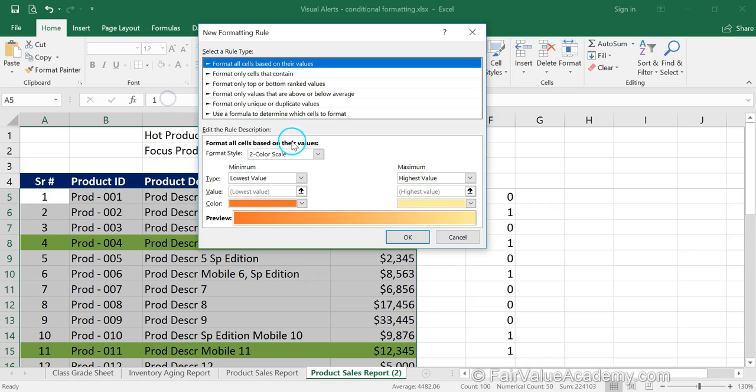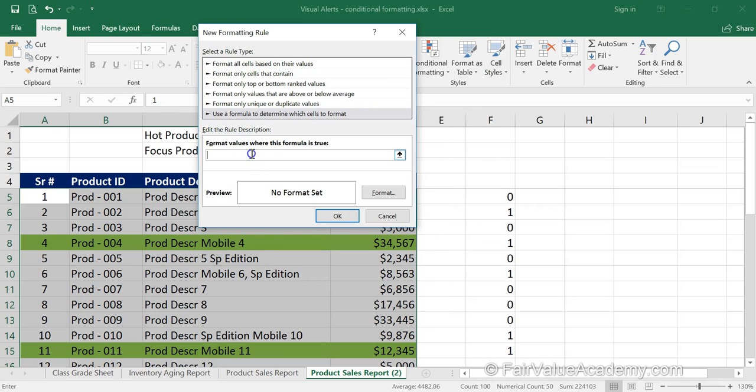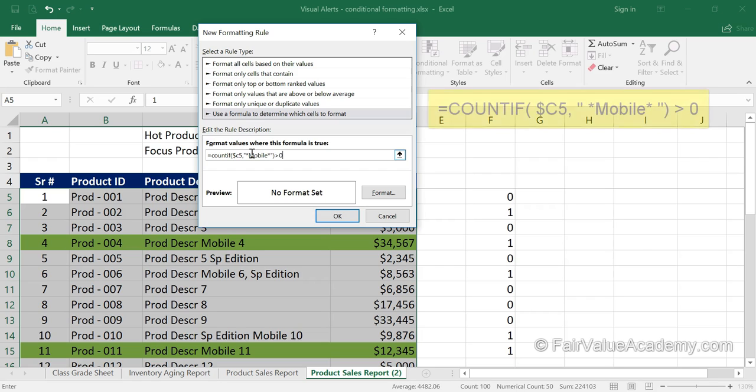Okay, we are going to add a new rule, use this formula, and we will use COUNTIF open bracket $C5 comma quotation mark star mobile star quotation mark close bracket is greater than 0. So this particular condition tells us that if it is true, that means mobile is present in the text of the description.